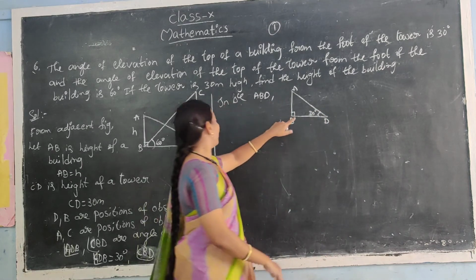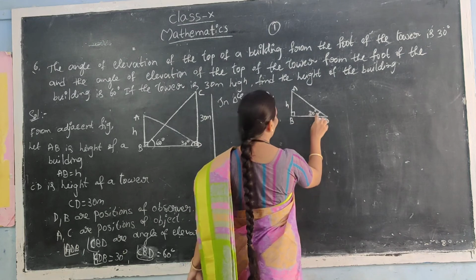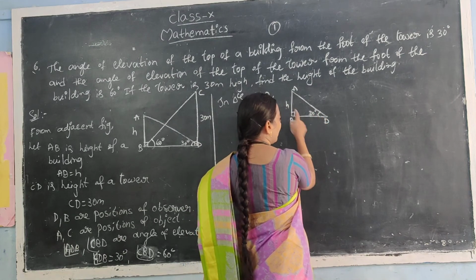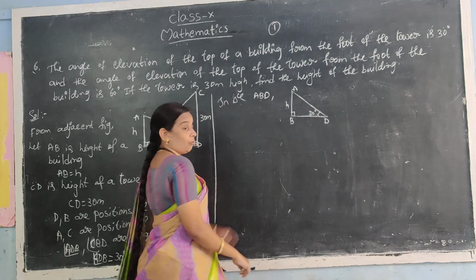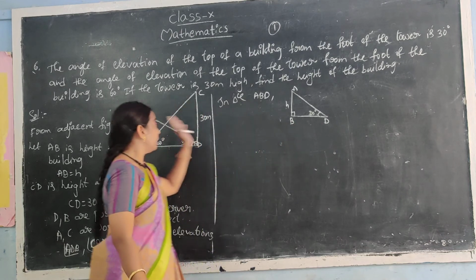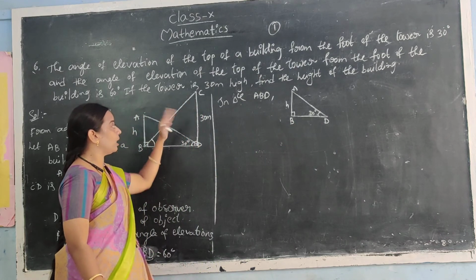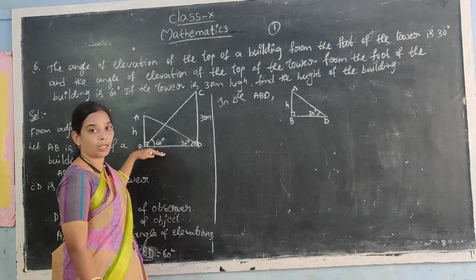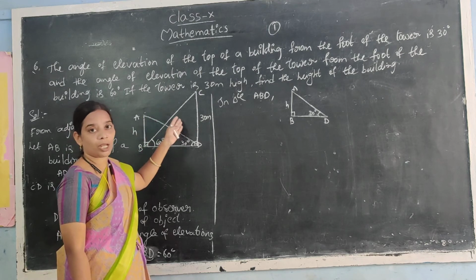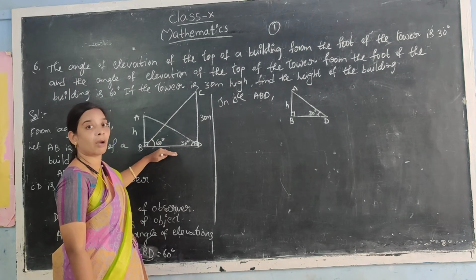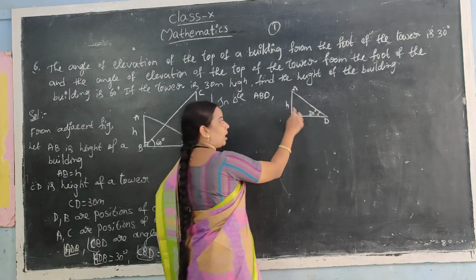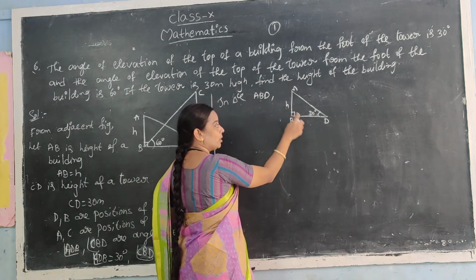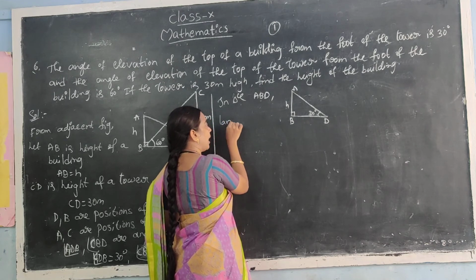Now this one is 60. Through this angle, this is opposite and this is adjacent. Why are you taking the adjacent side? Both the triangles have the common side BD. With two unknown things we are not able to calculate, so I have to take the common side BD. Opposite by adjacent means the ratio is tan.